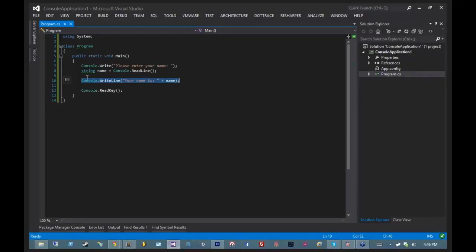So, first off, I'm going to explain what we have going on right here. We have a variable. We know it's a variable because it starts off with a type. It then goes into an identifier. This is actually a combination of two lines of code put into one. It's a shorthand. I could actually have written this code like this,